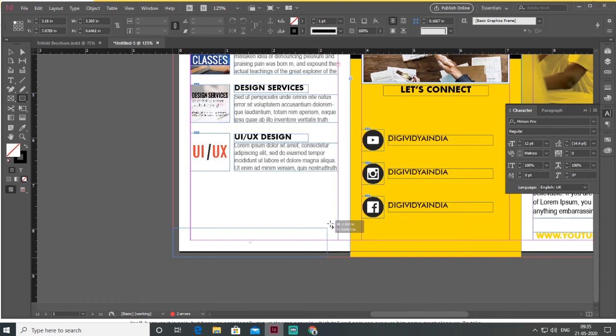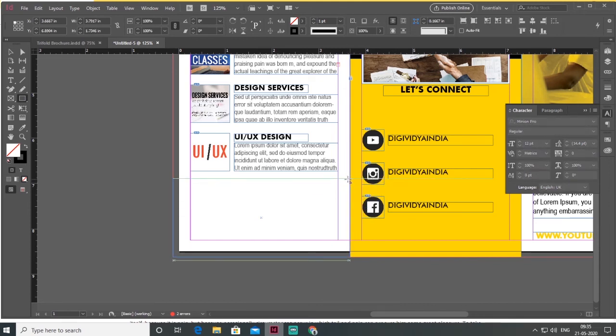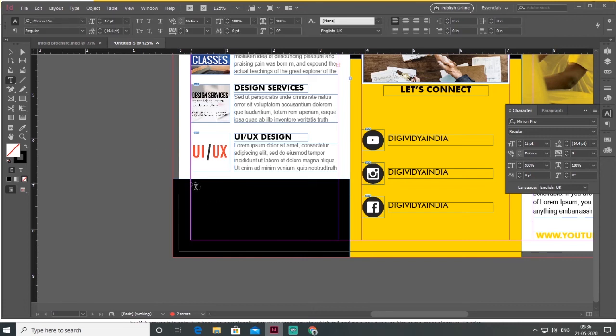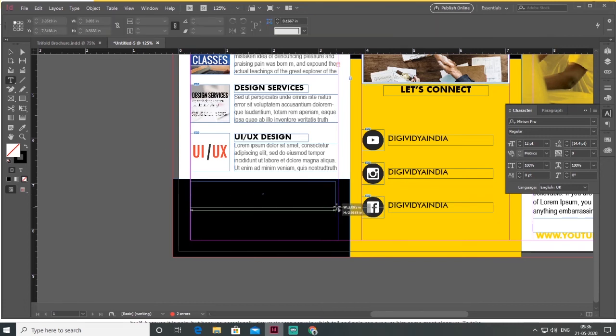Then I make a black rectangle, and I just make a text box here.